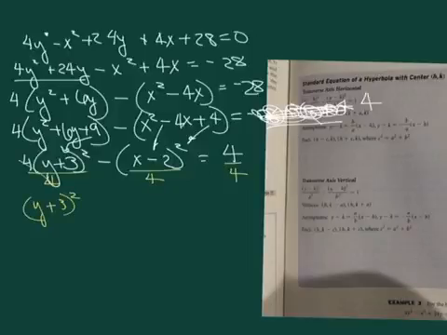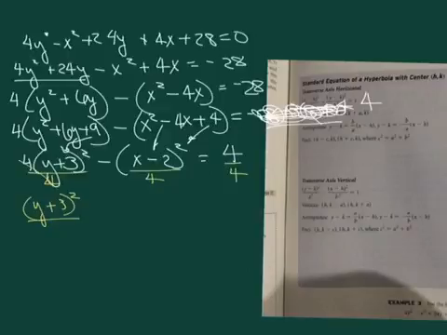Looks like we're going to be using this one, because the y is first, then the x. Y is first, and then the x. So that being the case, we're going to have to get this to be a 1. So we're going to have to divide everything by 4. So this becomes y plus 3, quantity squared, because those 4's cancel,